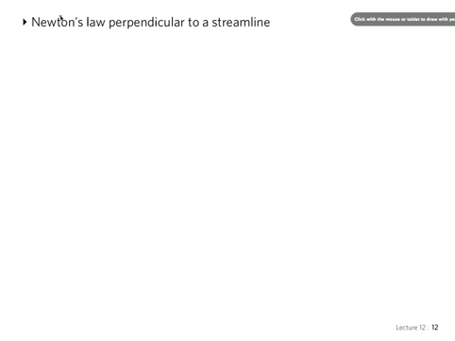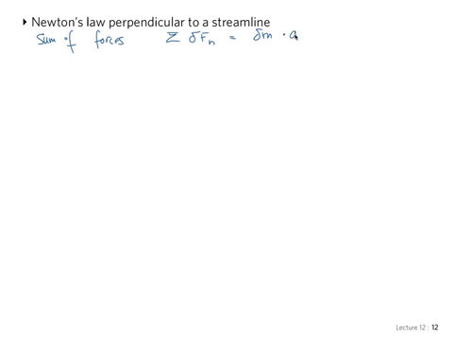So again, the sum of forces in the perpendicular direction. Now we have normal, perpendicular to a streamline, equals the mass of the fluid element times the normal acceleration, which is just centrifugal acceleration. So we have v squared over r, and this is equal to, for the mass, we write density times volume, ds dn dy, and we have again the centrifugal acceleration, the component of weight,